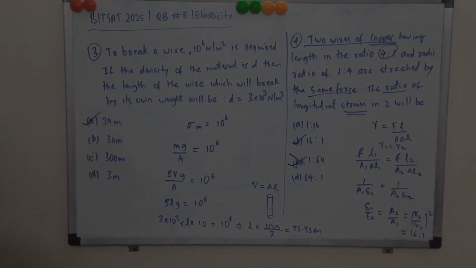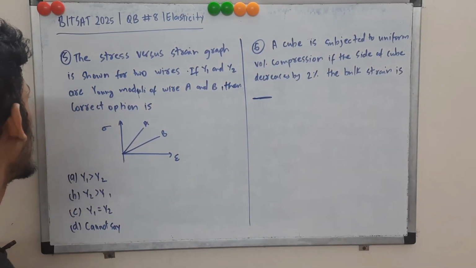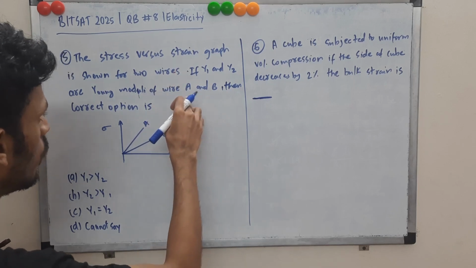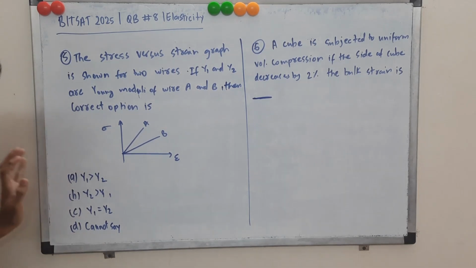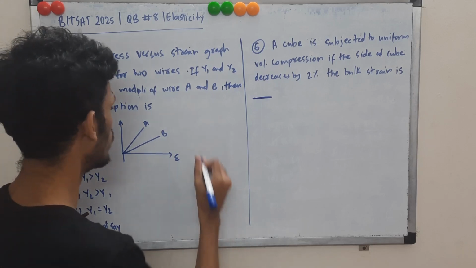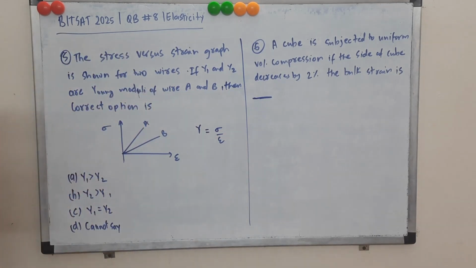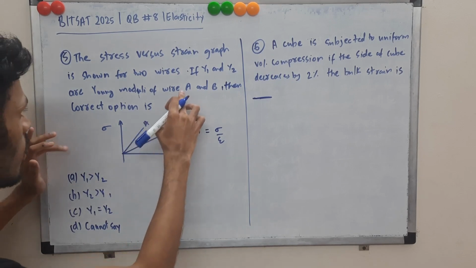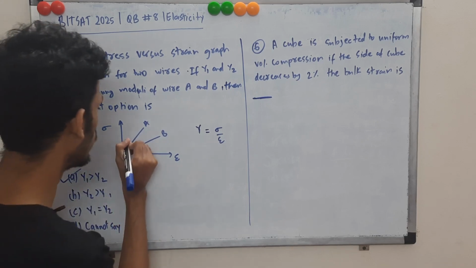Over to the next one. So question 5 and 6 over here. In question 5, we are given the plot of stress versus strain for two wires. Their Young's moduli are different, y1 and y2, for wire A and B respectively. Then you are supposed to choose the correct option. Now, it's quite simple, right? Because Young's modulus is stress by strain. Okay, you can see for the slope. It's not the perfect logic, but you can see for the slope, the higher slope will have higher Young's modulus. So slope of A is greater, right? So A, which is y1, will be greater than y2,